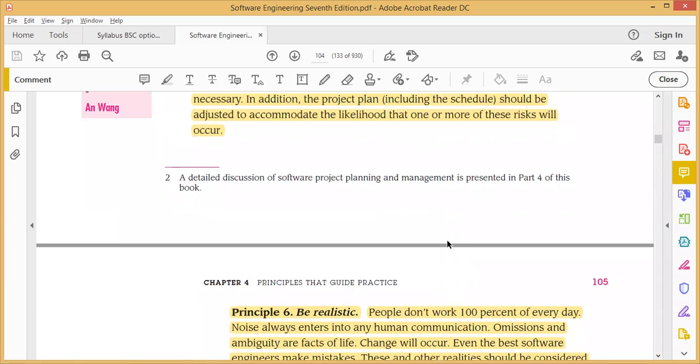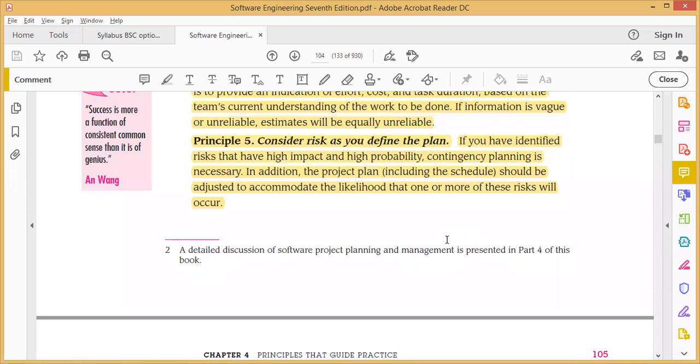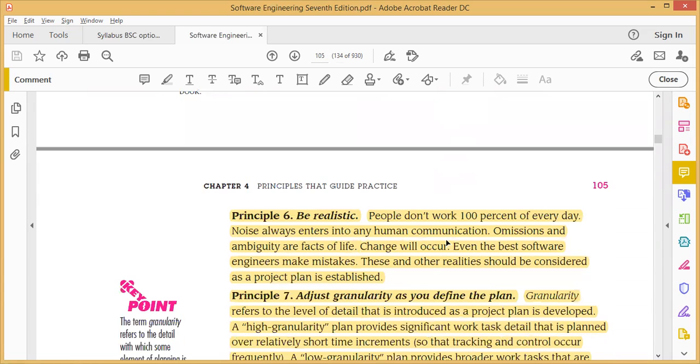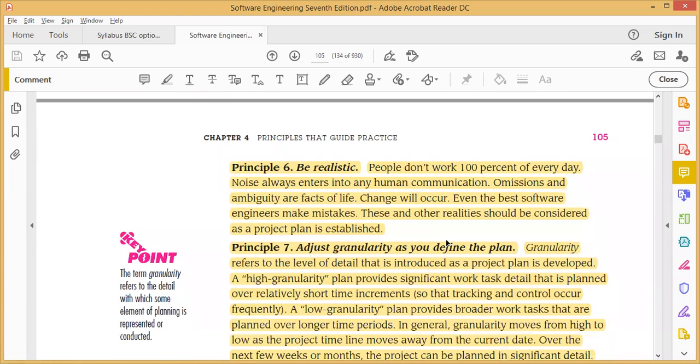That means most of the time there are lots of risks. According to your customer requirements, we have to take care of all these risks, consider all the risk factors, and plan everything according to them. That is important.